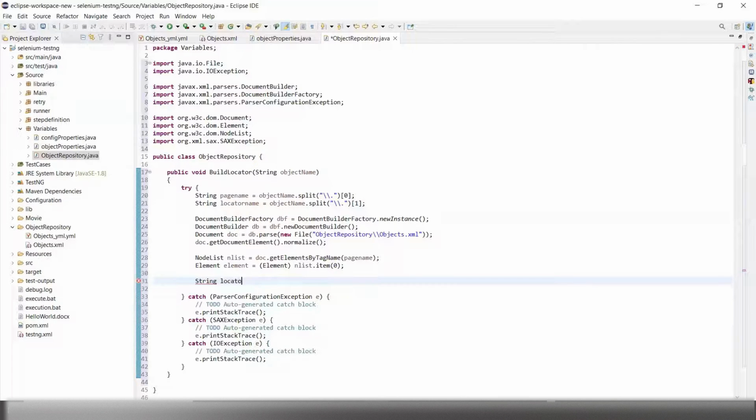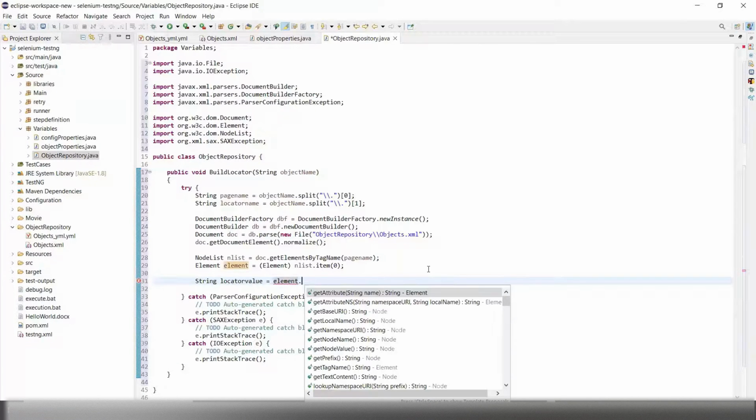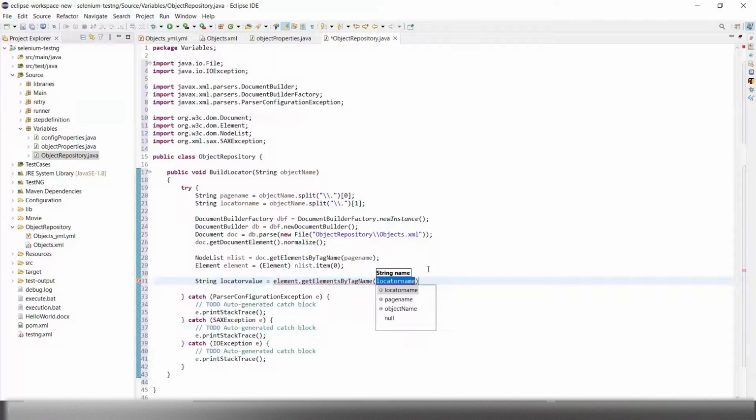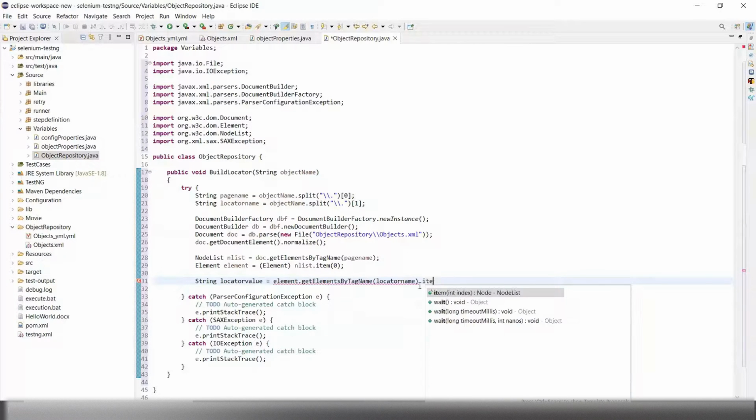Now we need to get the locator value and locator type. To do that, first we need to get the locator name node by using element.getElementsByTagName and pass the locator name to get the node item. Again, we need to cast the locator name node to Element.